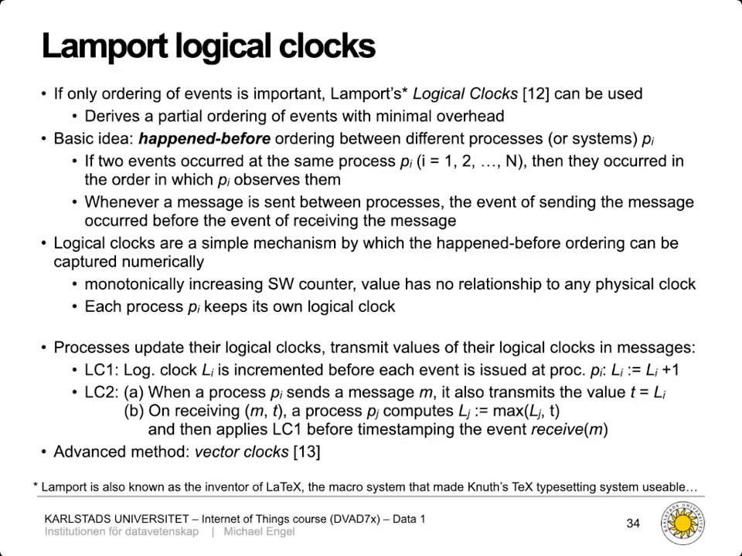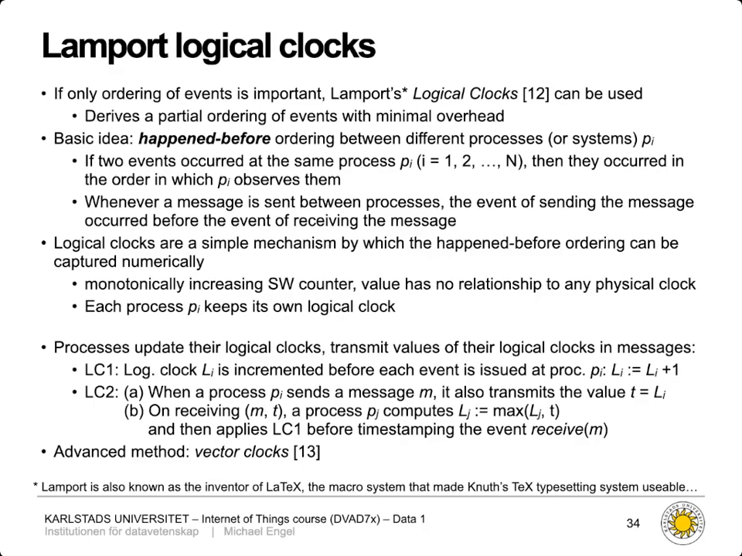And he's working in real-time distributed systems theory, and here he considered the problem in the 1980s of just the ordering of events. So, did one event happen before or after the other? And if this is important, we can use Lamport's logical clocks, and these are able to derive a partial ordering of events with very minimal overhead. So, the basic idea is to introduce an ordering that's called happened before between different processes or different systems in our